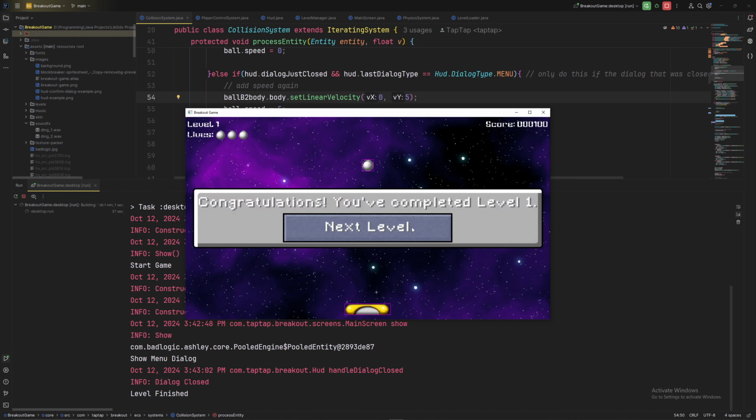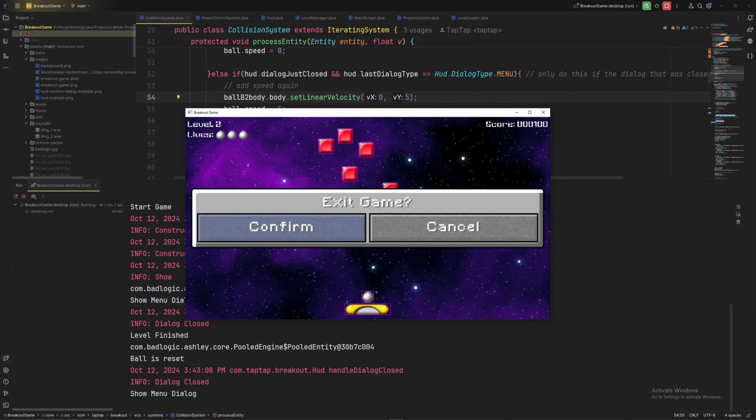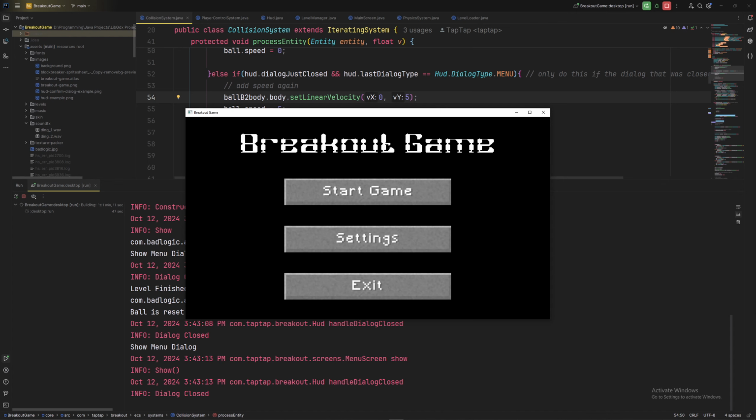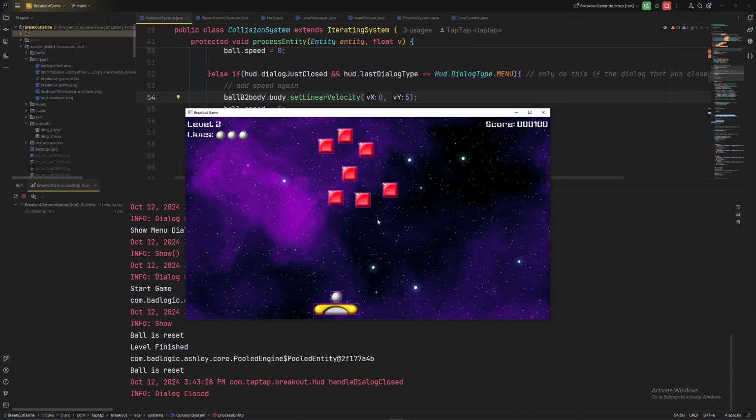And don't worry about that now, that's a bug that I'm still working on. But basically, when we hit confirm, I'm just going to quickly demonstrate that. It'll take us back into the menu screen like this. And then another thing, let me just show you real quick, the next thing that I worked